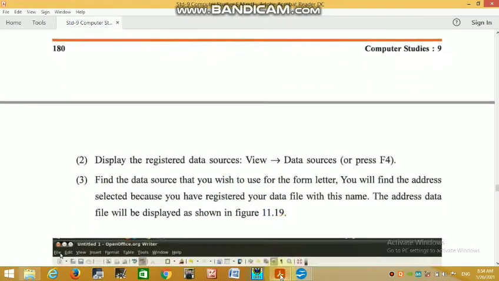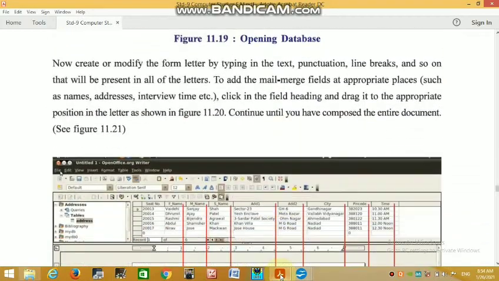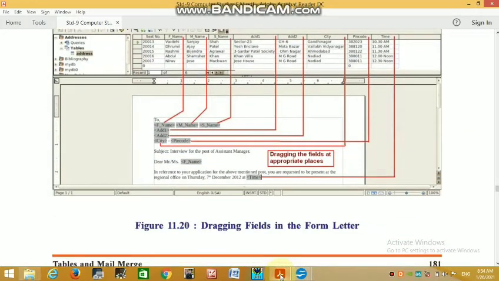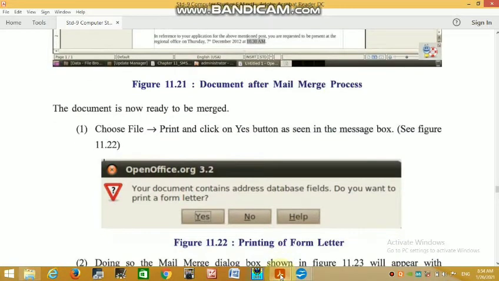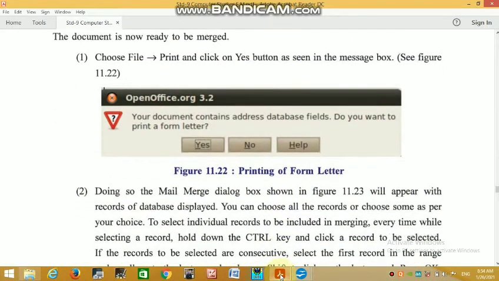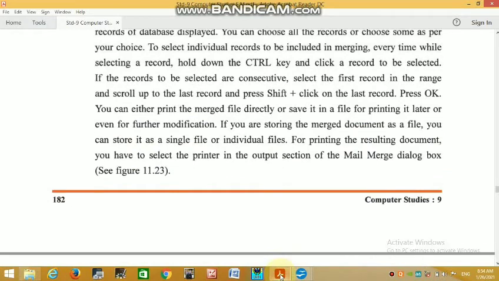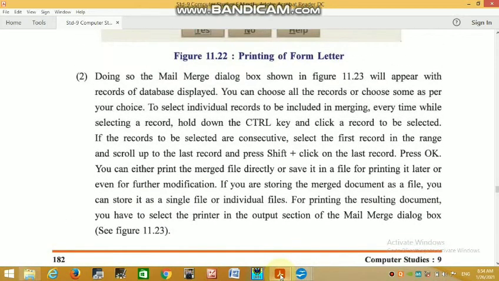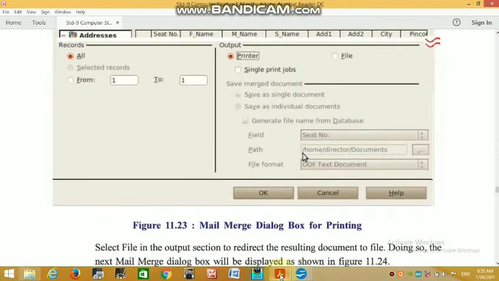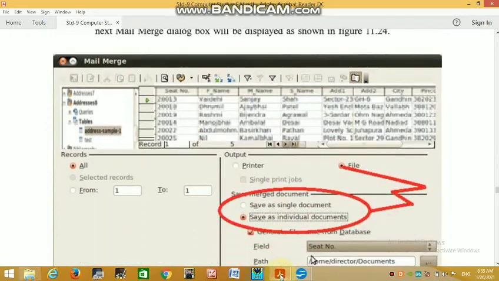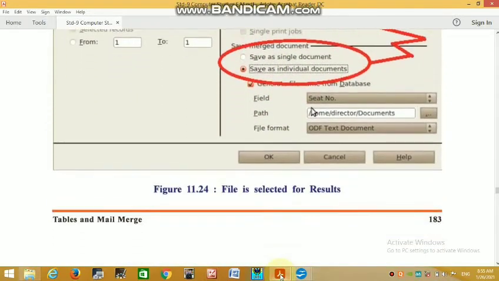This is complicated, but we make it easy with the help of our practical session. You can print individual letters also. See this mail merge, control key with the help of shift, click last record. You can print individually.